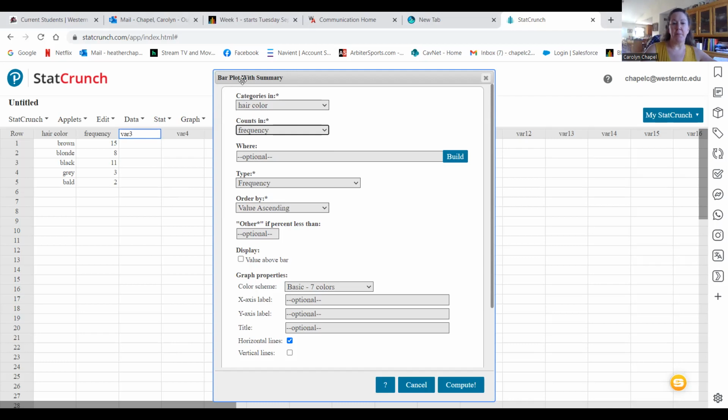Again, the bar plot with summary is when you have it summarized, which is what we have. If you had the original data, so let's just say we had ages and we had everybody's age listed, that would have been the data. Okay,